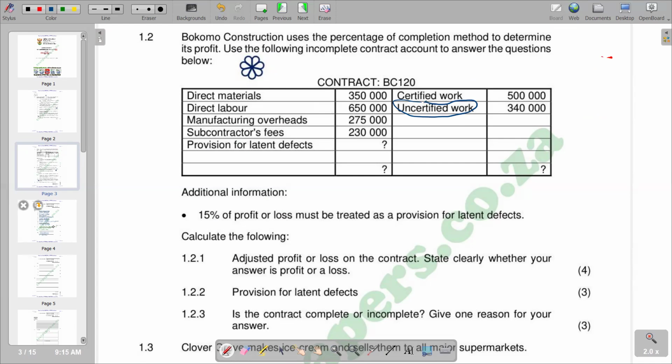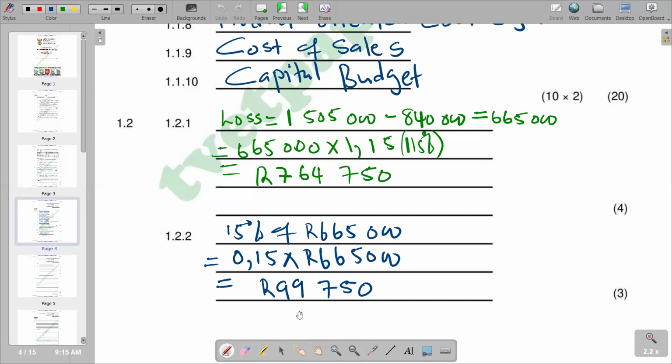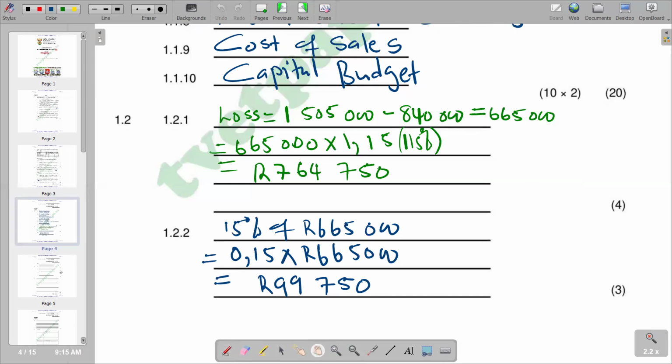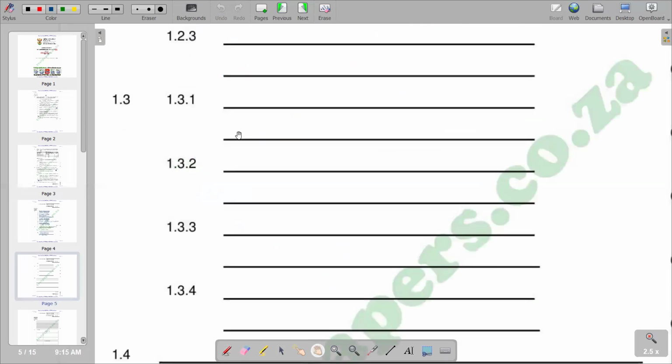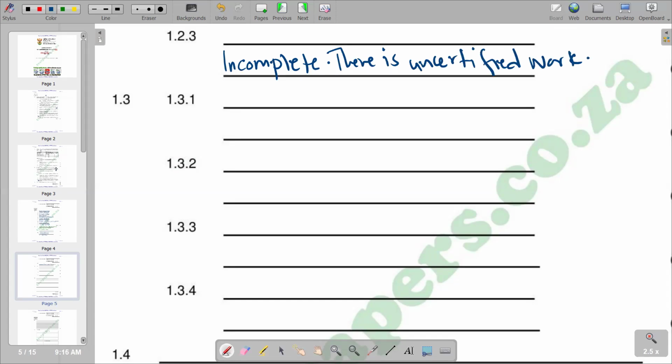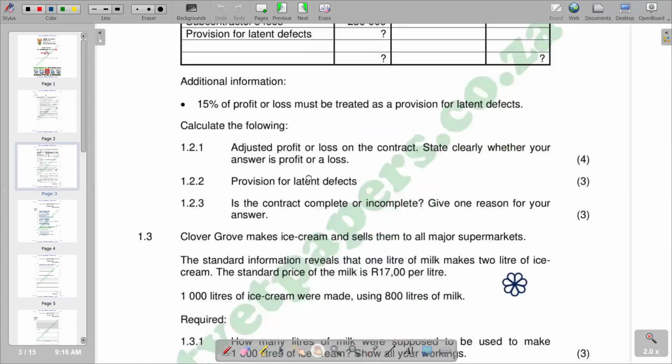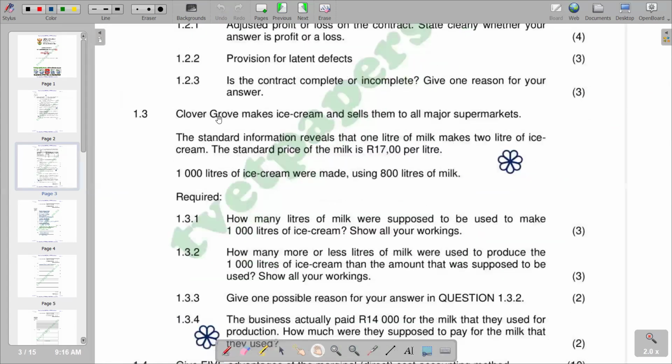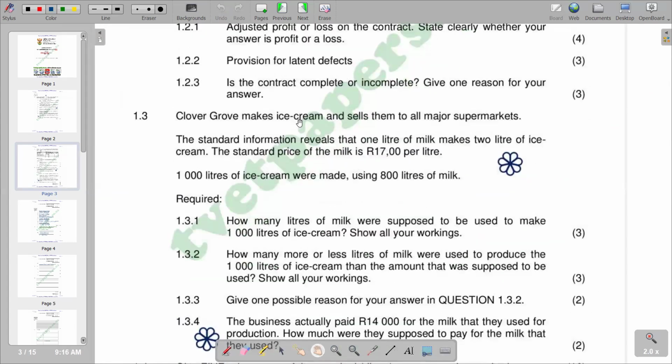So 1.2.3, we come here. Our answer is, we're saying it's incomplete because there is uncertified work. So moving on to the next part, 1.3.1, it reads: Clover Grove makes ice cream